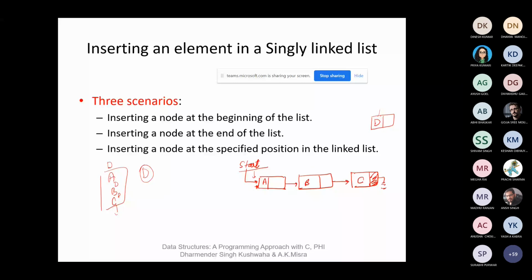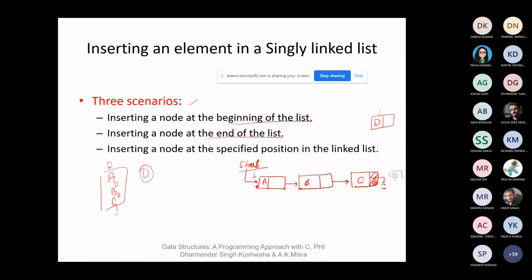So at a particular position you want to insert the element D, new element, or maybe the possibility you insert any element at the last position. So there are the three scenarios for inserting the element D, like at the beginning of the list, or at the end of the list, or maybe any specified position of the list.